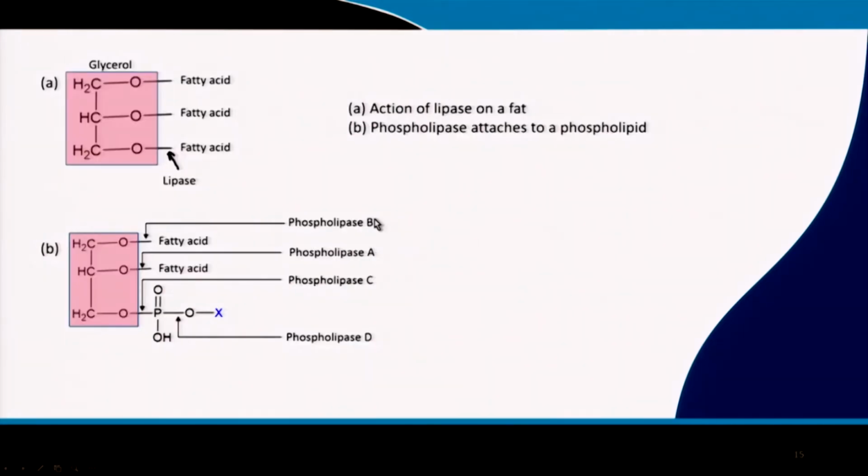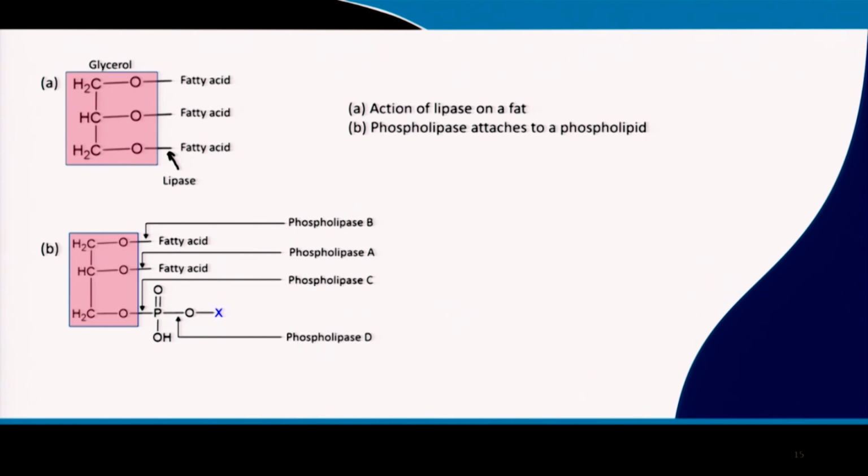Okay, so what we see here in the first case is the action of a lipase enzyme on a simple lipid or a triglyceride. So you have the triglyceride molecule and the enzyme can cut the bond over here where the arrow is shown at all three positions. You can turn to figure 17.66 and 17.67 in Brock's Biology, 10th edition, for a photograph